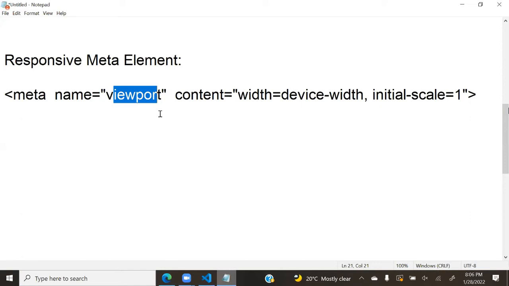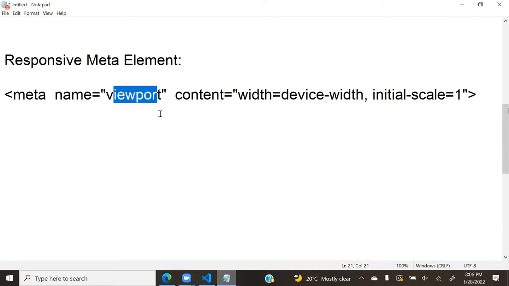Content width will fit the device width, according to how much device width is there. And initial scale is nothing but the zoom percent, how much zooming it should set. 1 is equal to 100%. That means every content should be at 100% zoom.